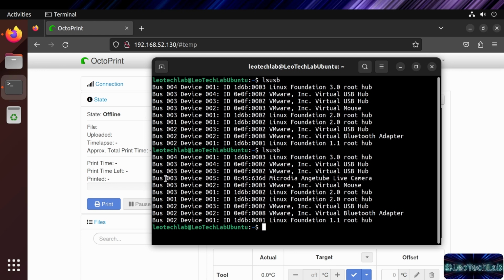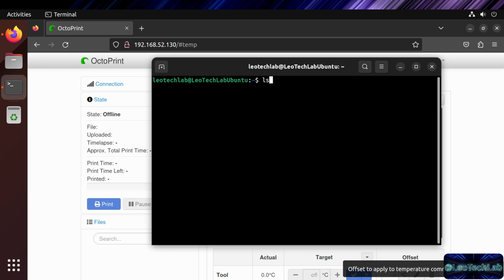So we have the device here. It's on USB bus 3, and it's device number 5. But now we need to check if the device, although it is correctly connected to our Linux machine, if the device driver is working properly with it. Because without the device driver, Linux cannot really interact with the webcam. How can we check this? Well, at least the easiest way for me is just to